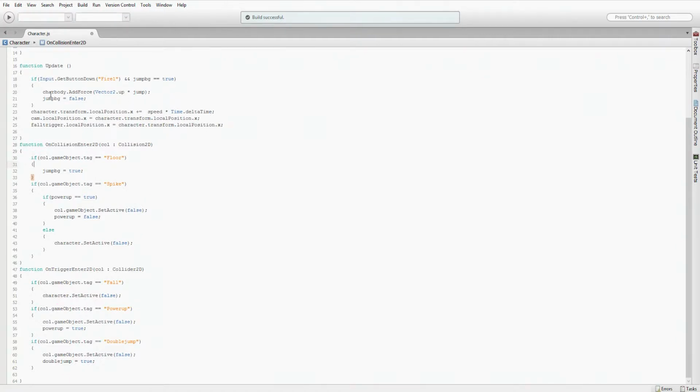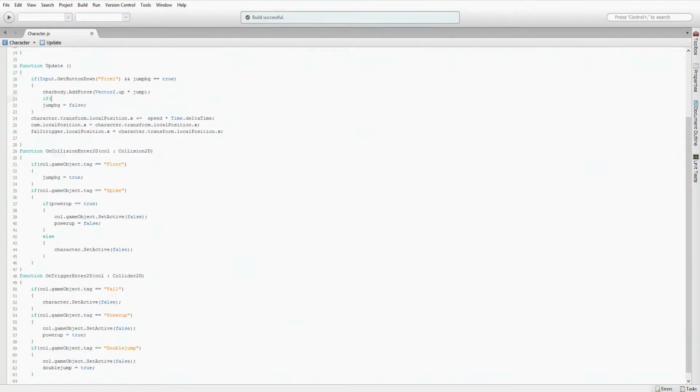Okay, so here, jump, add force, and then I'm going to say if double jump equals true,